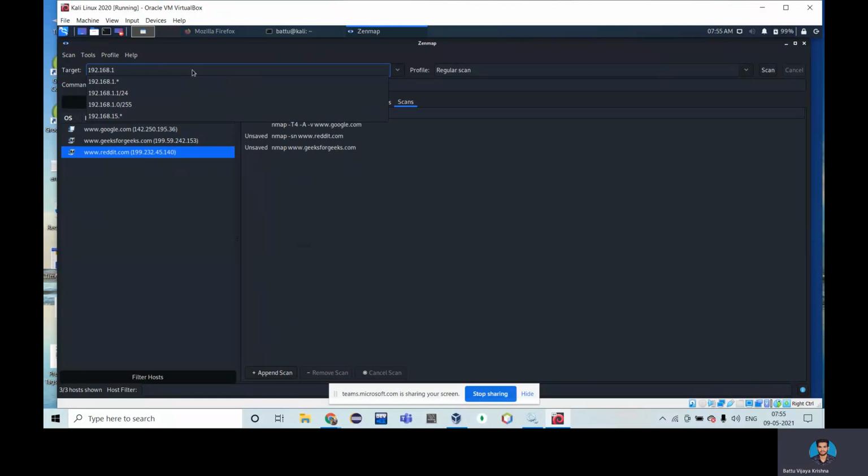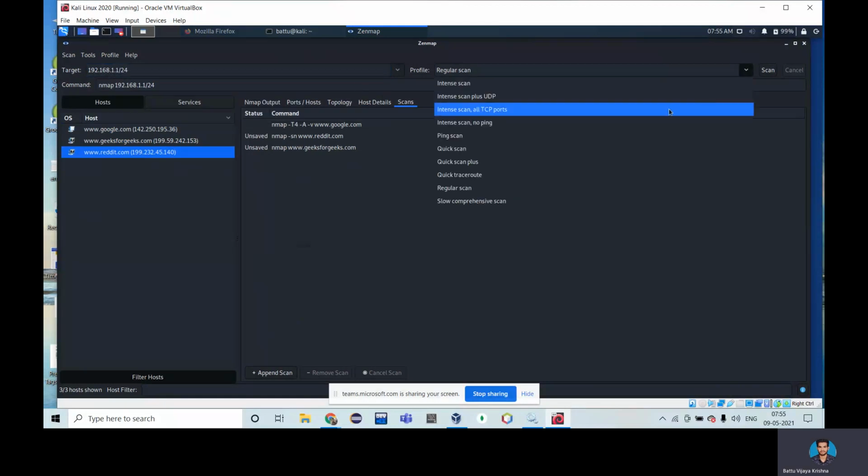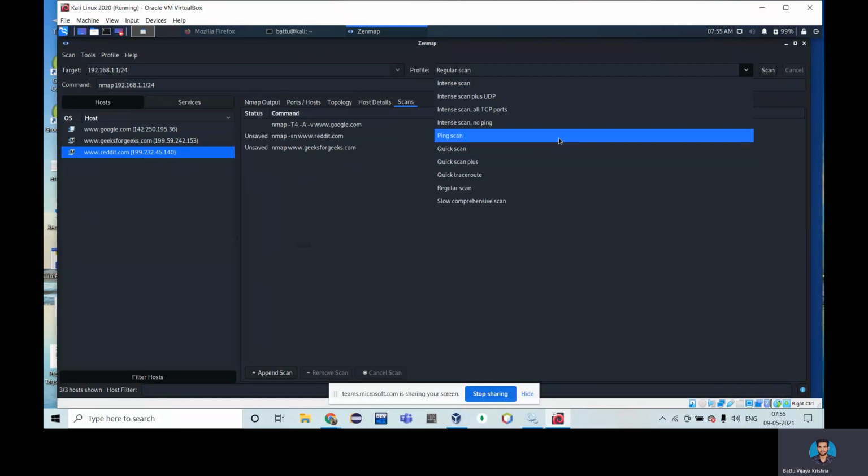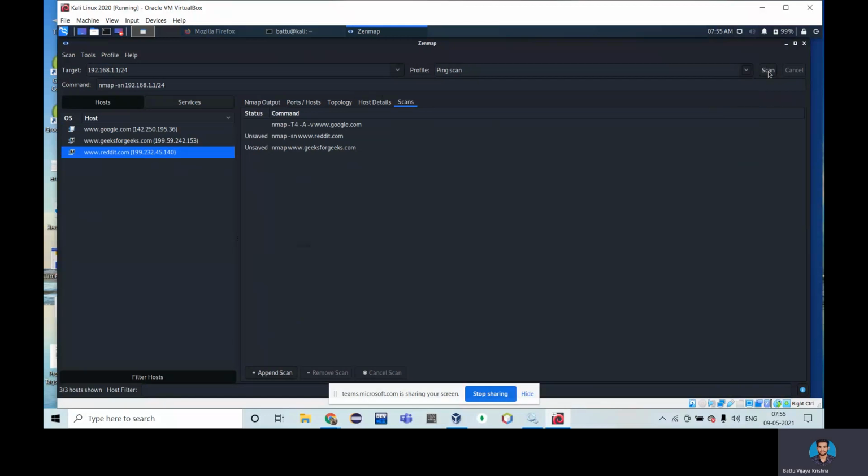So let me perform a ping scan. You can use a URL, or an IP address, in the target option, or you can use your IP address in regular expression form. Anything is okay, and it will start scanning the particular localhost address.